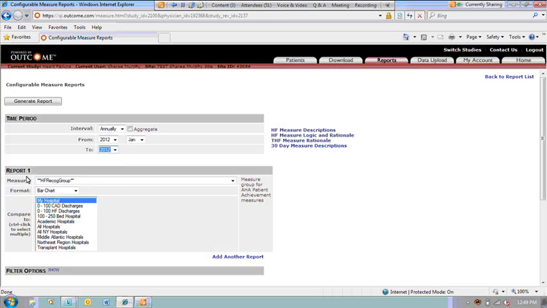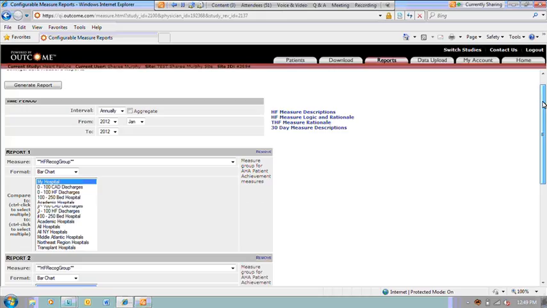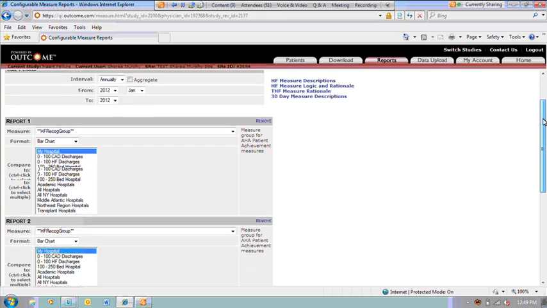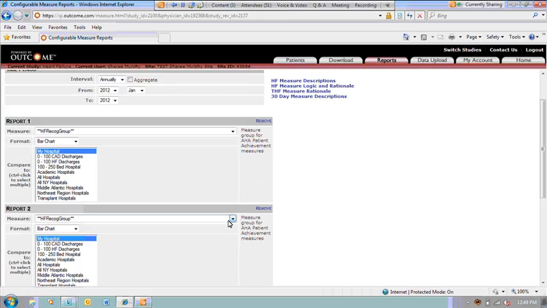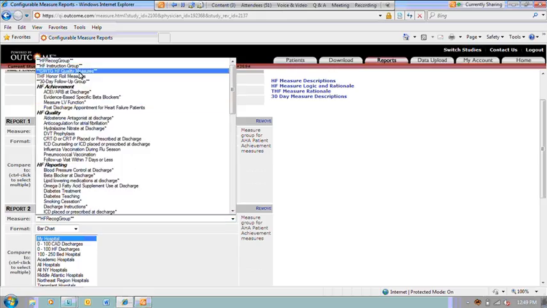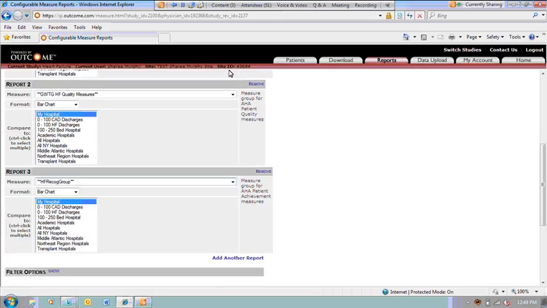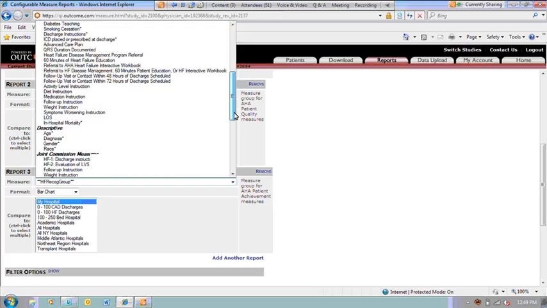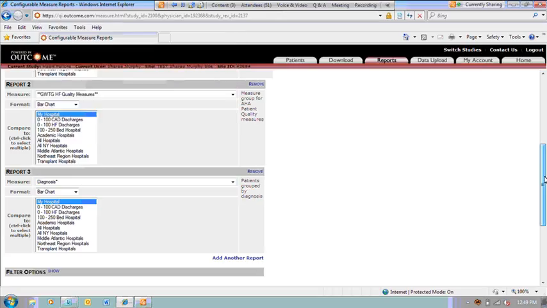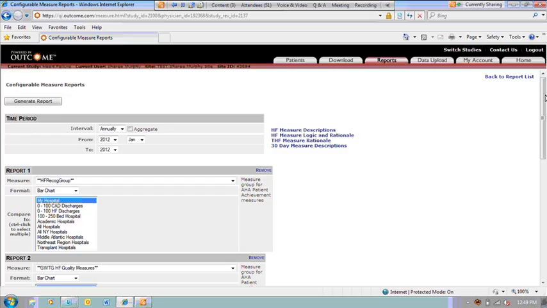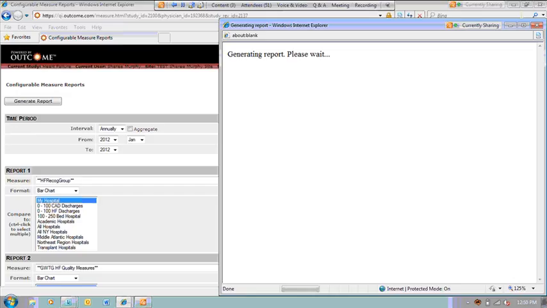It's already defaulted to the heart failure recognition group, but we want to see if, like our stroke colleagues, we also might qualify for this Plus award because we've never gotten that before. So I'm going to choose the heart failure quality measures, and again, I'm going to run that diagnosis report so that I can check my data. Again, I'm doing this quickly, so I'm not going to run the monthly just because I want to demonstrate this very quickly. So I'm going to generate my report to see if we qualify for the award.